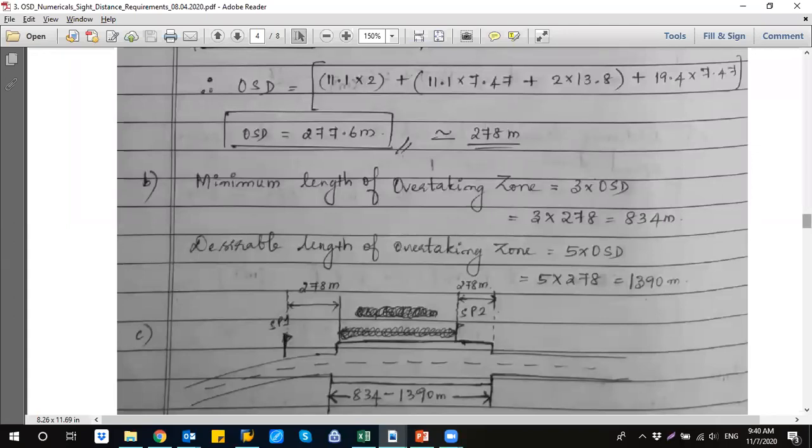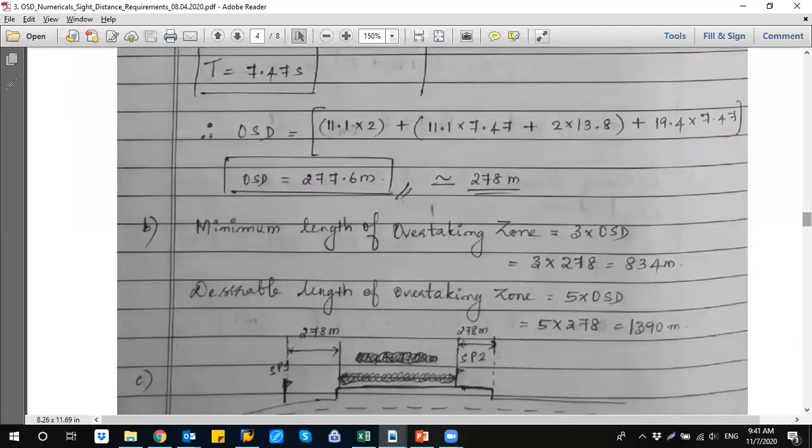If I want to stress here, it's just formulas. In this module, for each cross-sectional element of the highway geometry, you'll be having the design. For each of the cases, it's just a matter of formula. Understand the formula, what the values are, substitute, get the answer. It's just playing with formulas. You can make a note of all the things which I have stressed. It is actually a very easy module.